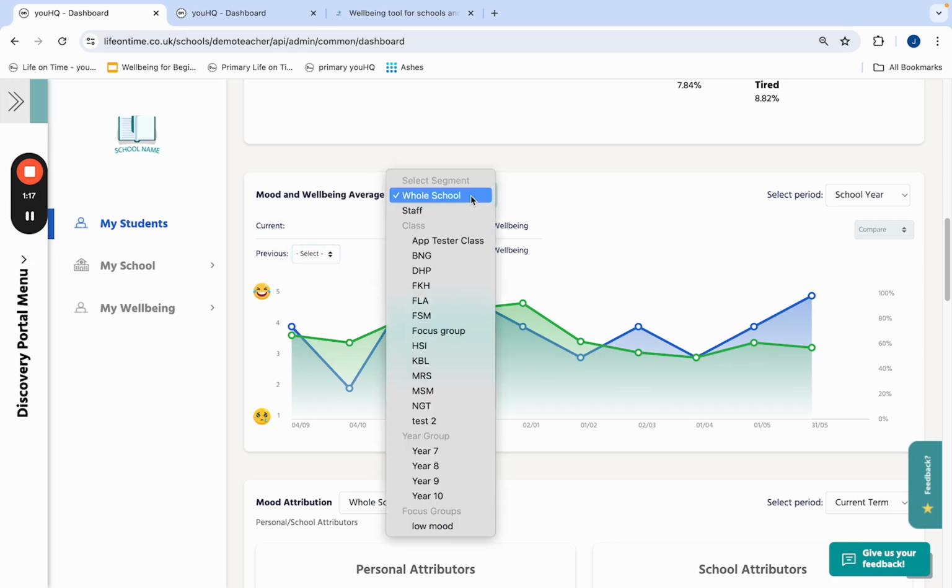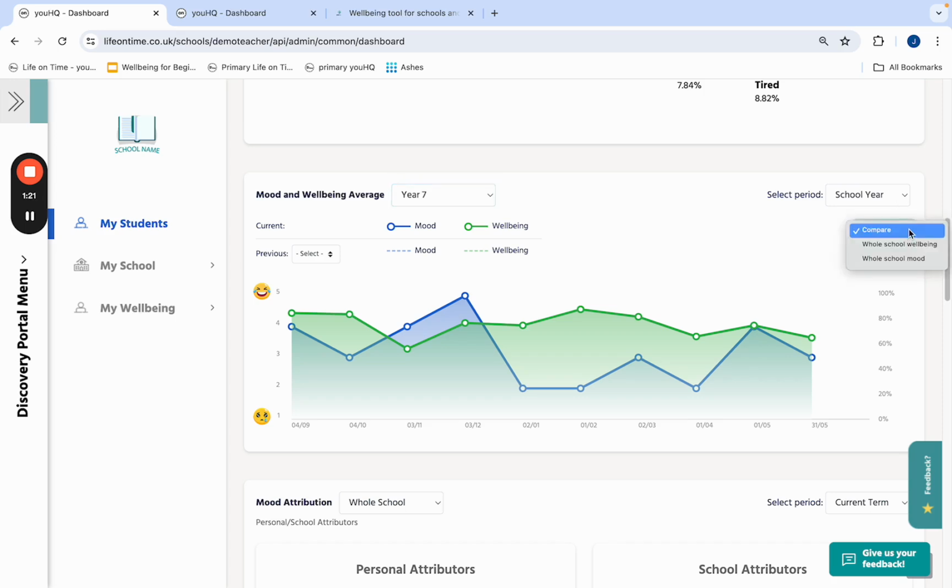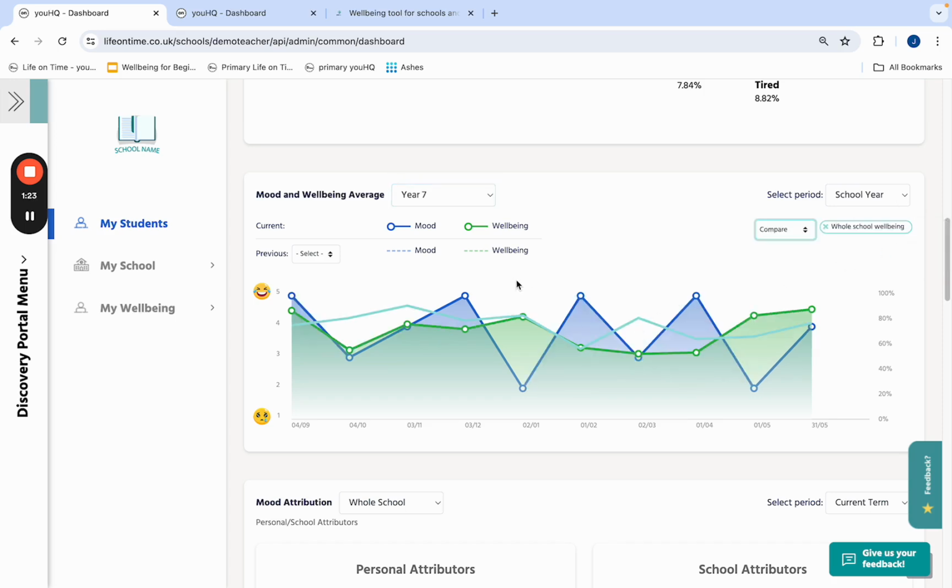Let's say we want to look at the year 7s across the school year and we want to compare them to the whole school wellbeing. So I've got the green line is my year 7 average wellbeing score from the WHO5, and the blue line is the whole school. So generally speaking, the green line sits just below. So it might be then you've got some good insight that year 7 are reporting slightly lower wellbeing score,